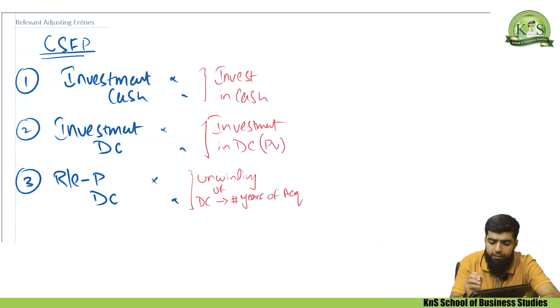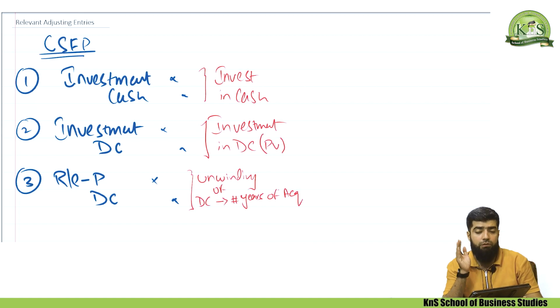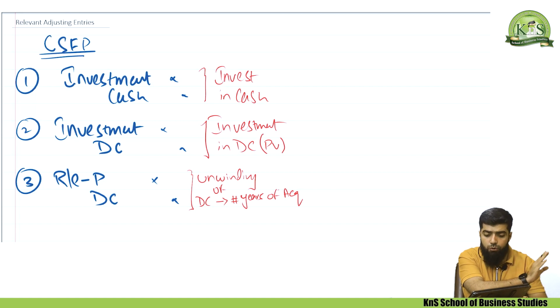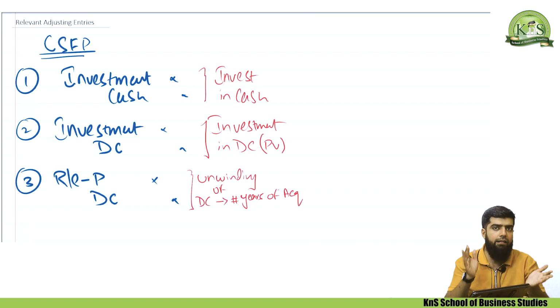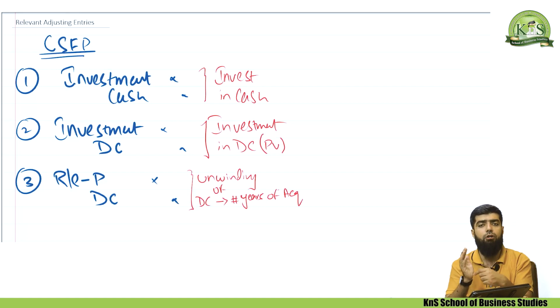For example, if the subsidiary company was acquired 3 years ago, it means that the adjusting entry will be made for a period of 3 years. It means that the discounting or the unwinding will be made for a period of 3 years. And we all know that the unwinding of year 2 would be the present value plus the interest or unwinding of year 1, which will make the total liability, and the discount rate or the interest rate will be applied. Then the unwinding of year 2 will arrive, or the interest of the second year will arrive.